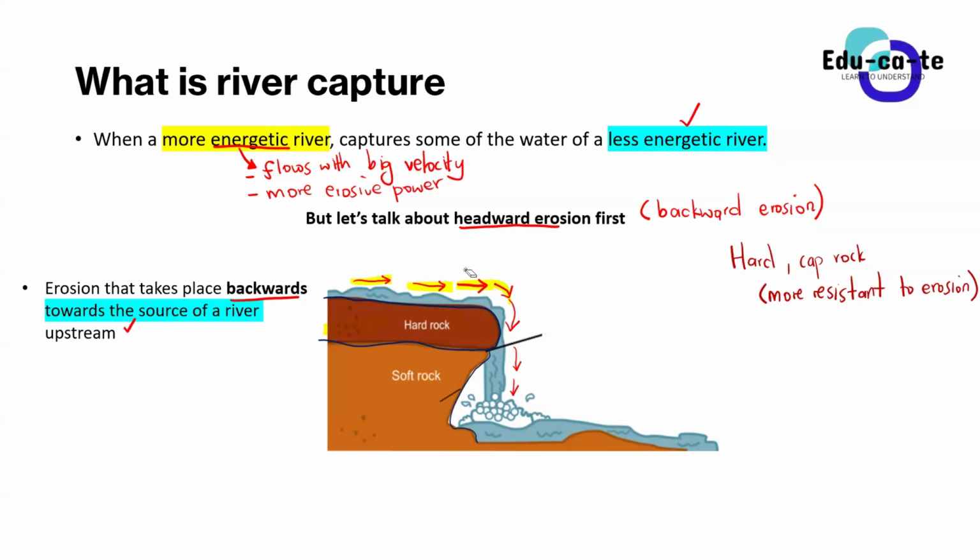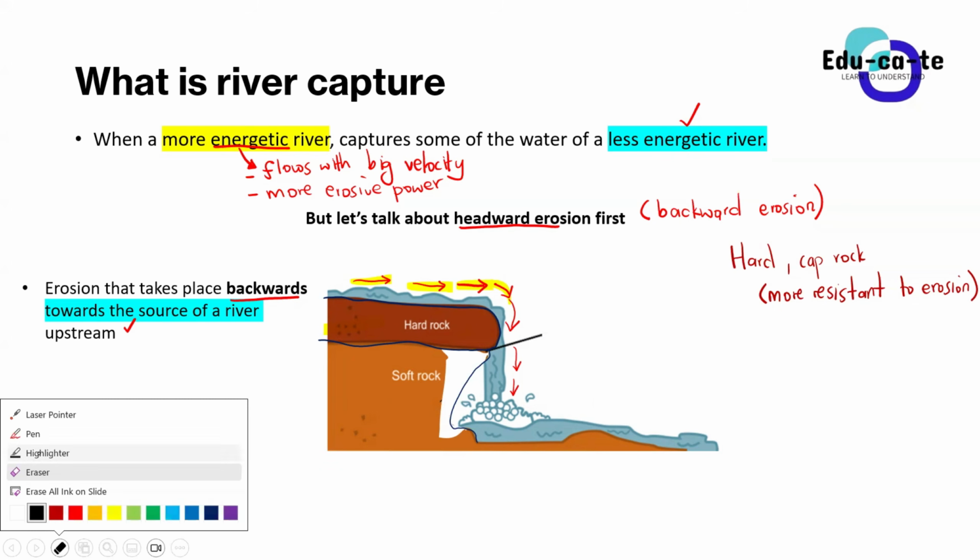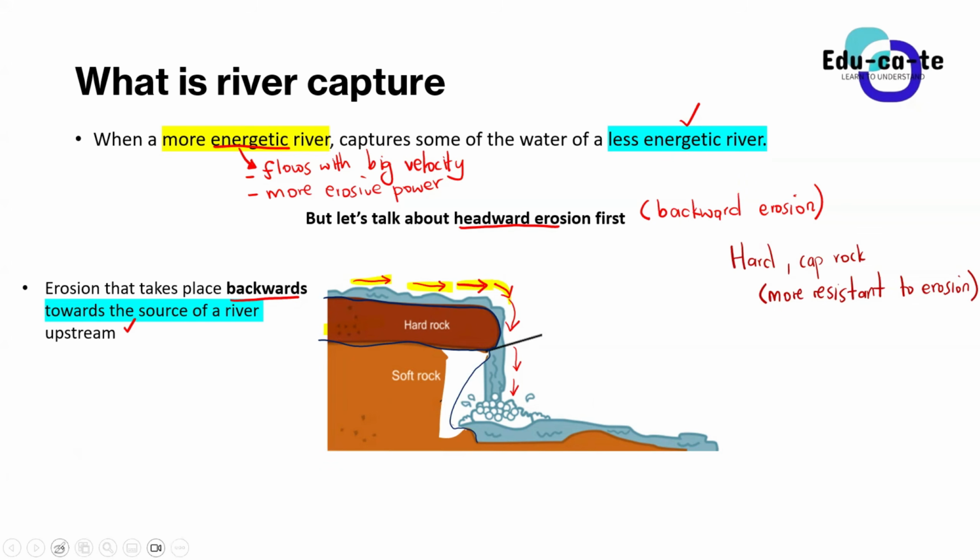Okay. So now, as this water is flowing down the cap rock, what happens? This is what happens. The softer rock, guys, is eroded easily. Soft rock is less resistant. That is what you need to know. Whenever I'm talking about soft rock, I'm talking about less resistant. So a soft rock has got less resistance, which means it is easily eroded, less resistant to erosion.